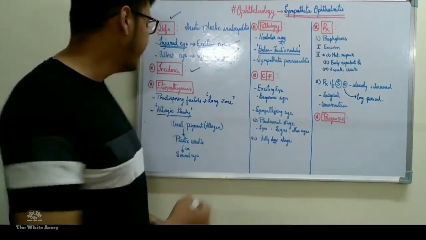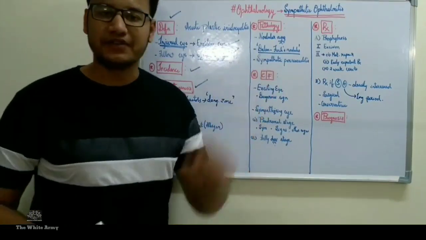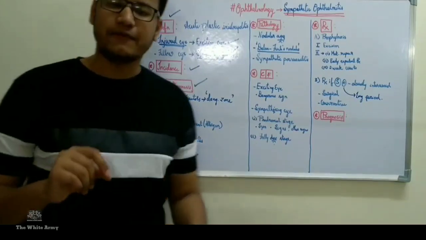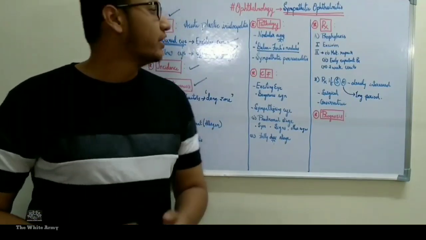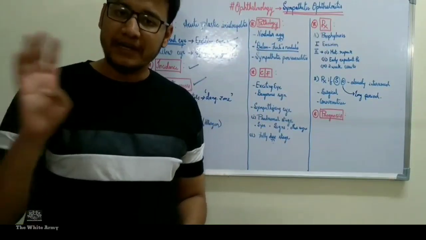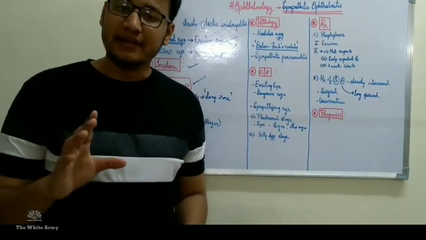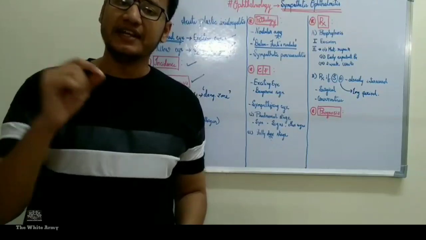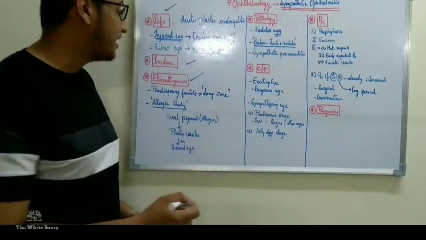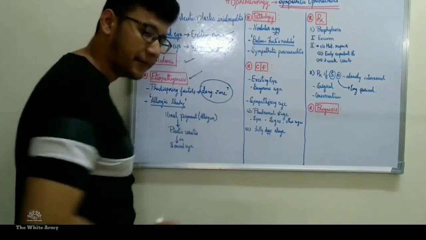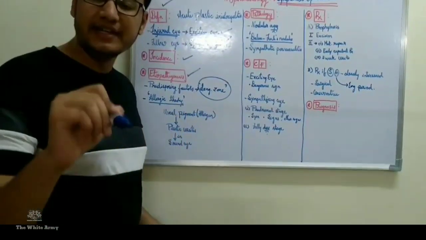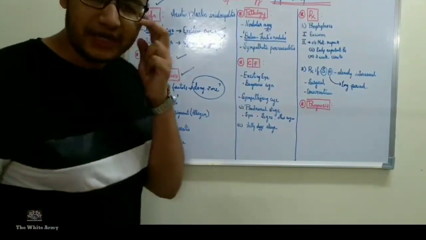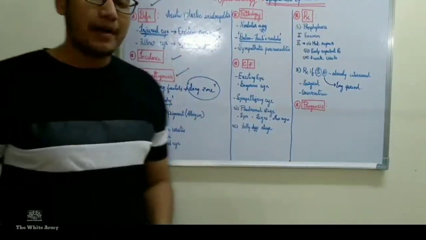Next we'll study the etiopathogenesis of sympathetic ophthalmitis. What are the etiological factors? What are the predisposing factors? The first predisposing factor, as we mentioned, is penetrating injury to the eye. Next, any injury to the ciliary region, which is so-called the dangerous zone of the eye. I'll repeat, the dangerous zone of the eye is the ciliary region. If any injury is encountered in this region, it is a predisposing factor for development of sympathetic